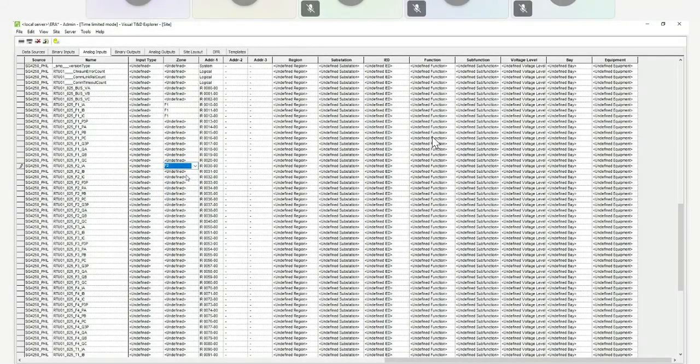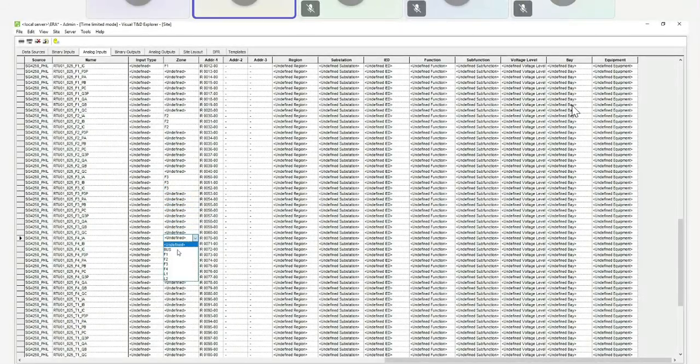This is F2, so I will just define that as F2 under the zone. F3 under that zone. F4.